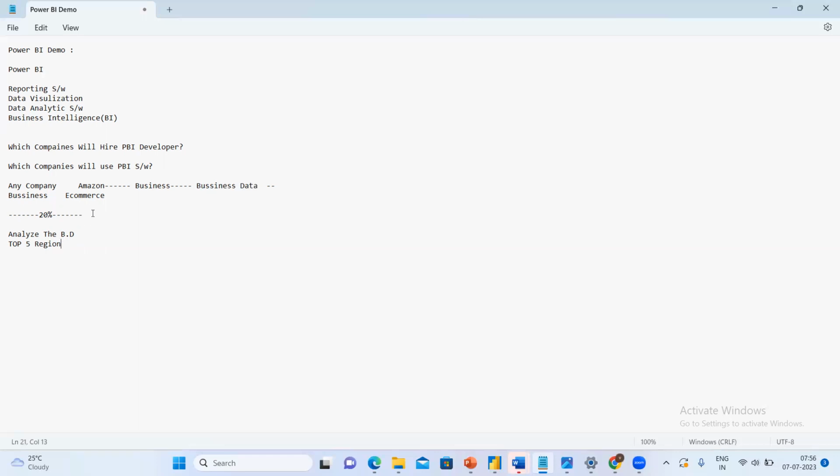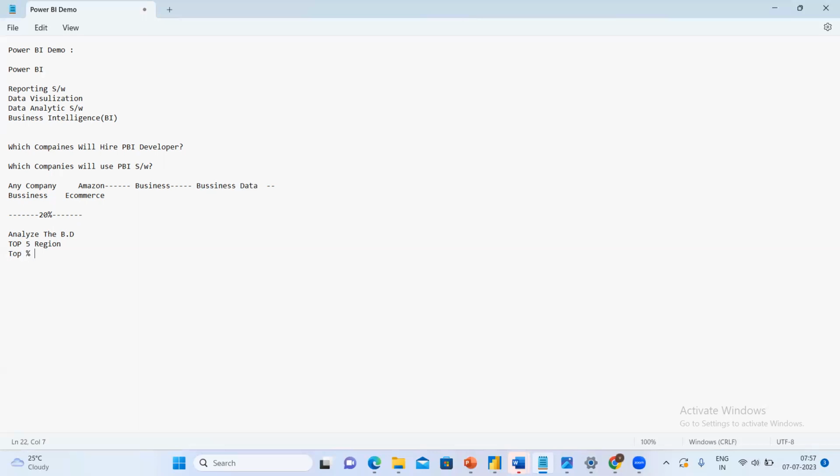Why do they invest? They want to increase the business. To do that, they analyze the business data, because they want to compare last year's sales and present year sales or last month's sales, or top five regions, bottom five regions, or top five products, bottom five products. All these things they want to analyze, and they want to know which profit is being made. They want to know the top five products also, because products will be there.